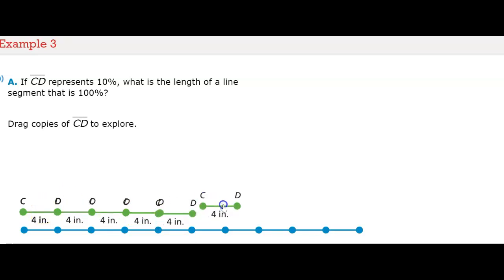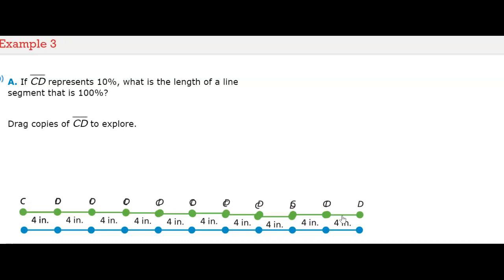And it's not going to be perfect. My dots don't exactly line up, but you get the idea. So we've copied that line CD until we got to the end of it, and it says what is